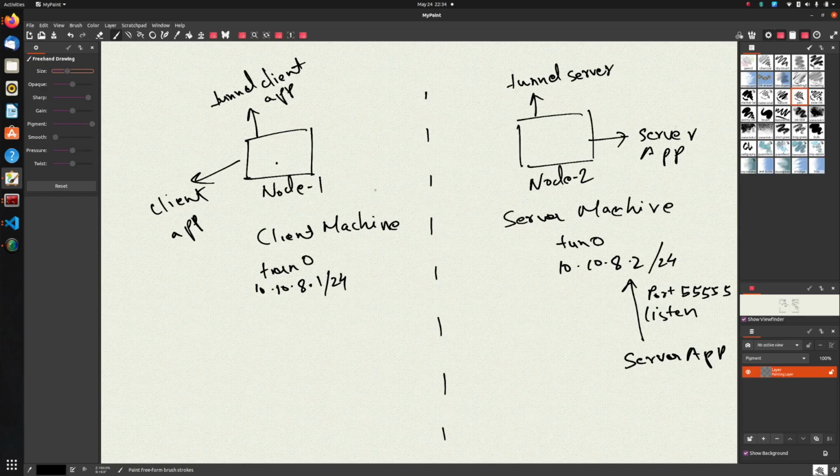Okay, and now what the client application would try to do is connect to 10.10.8.2 colon 55555. Now the fun part is 10.10.8.2 does not exist on any physical interface on the server machine, and on the client machine as well. So now what happens is the client app tries to connect to the IP 10.10.8.2, port 55555, and since